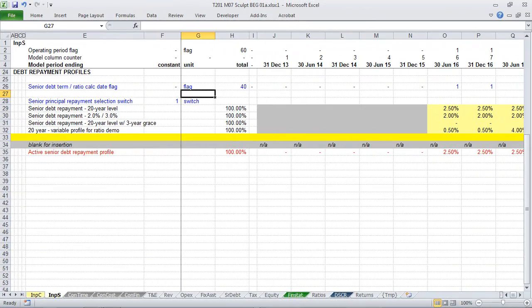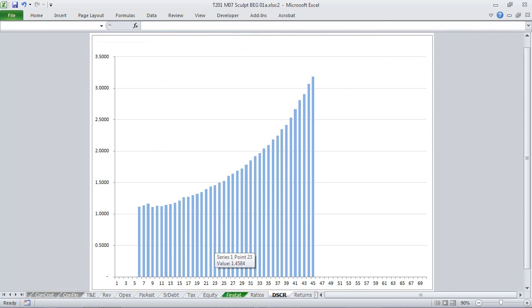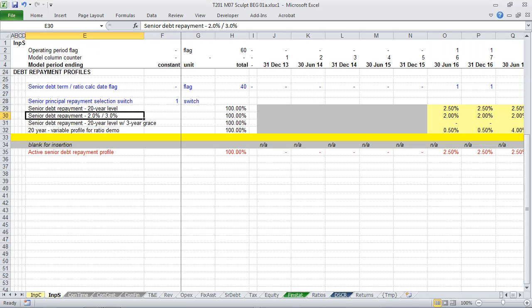So here we've loaded our model to the Inputs sheet, the series input sheet, where amongst other things we have a set of repayment profiles from which we're currently selecting the first repayment profile via this switch. And I have a DSCR chart in the second window, which I'll just flip to, which reminds us of the current profile of debt service cover ratios that we have based upon that selection of the 20-year level repayment profile, which means effectively 2.5% each period for 40 periods,